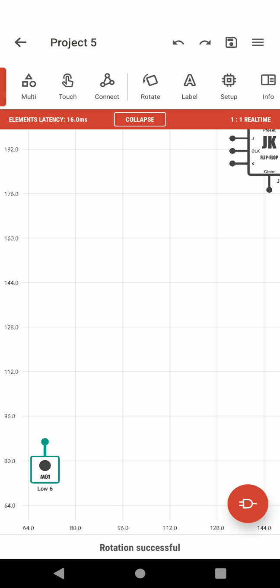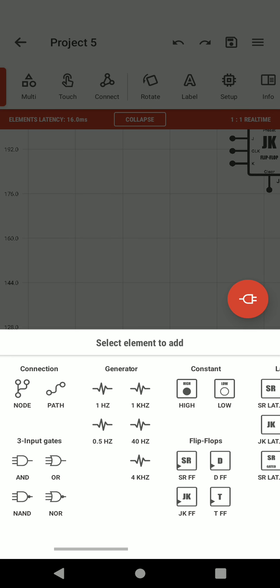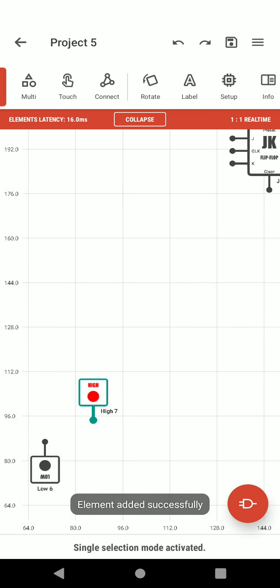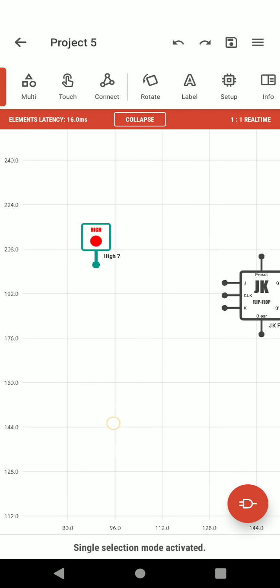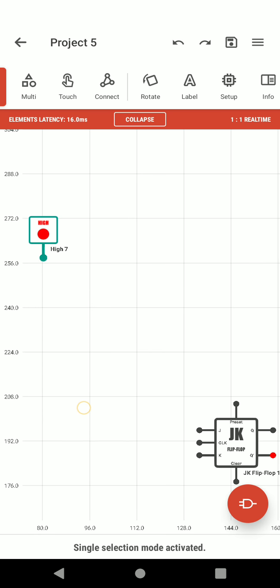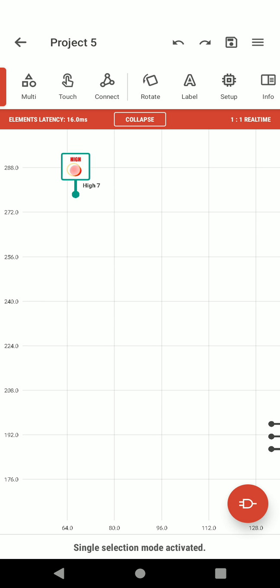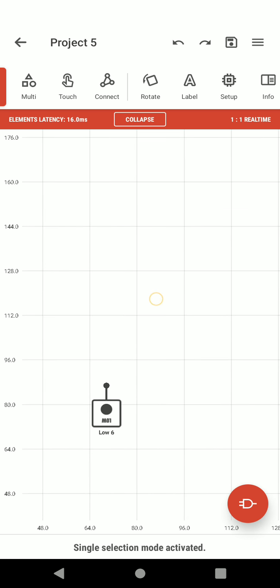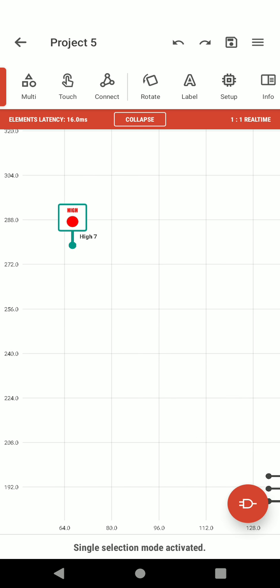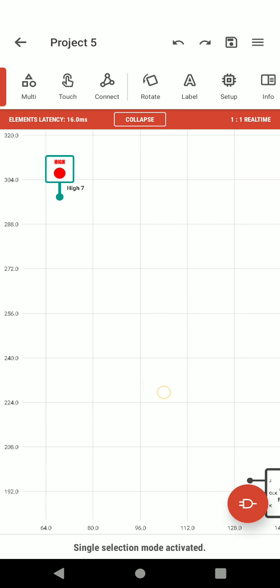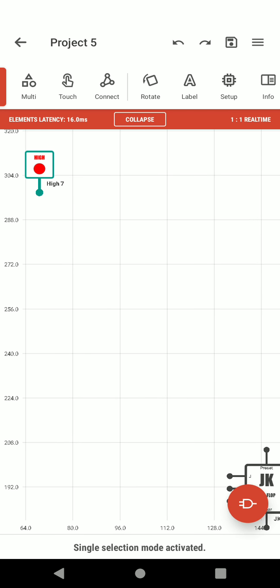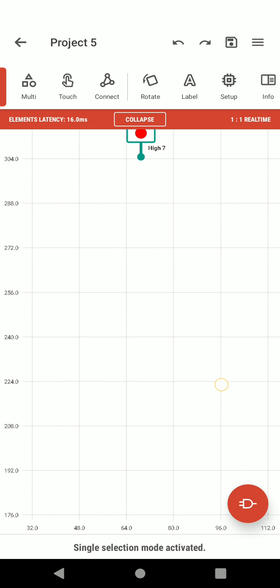So next thing what we have to do is battery. So in the place of battery we are having high. So take this high to the top as possible because we need to connect many connections over here. It has to be as top as possible. Many connections are going to come from this battery.